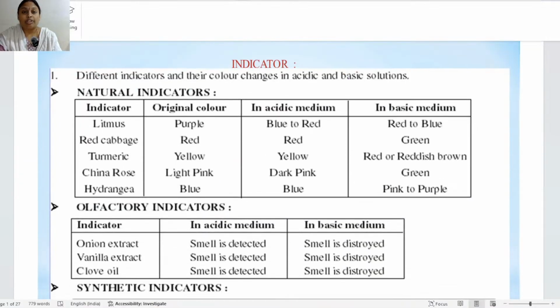The next topic is about indicators. In the 10th class chapter, the next topic is about the indicators. When it comes to the indicators, what is meant by an indicator? First of all, an indicator is a substance